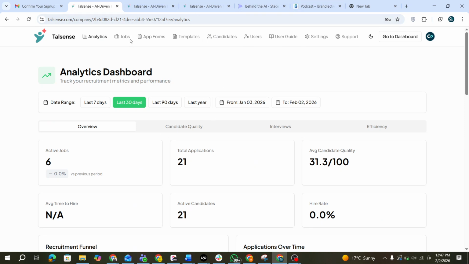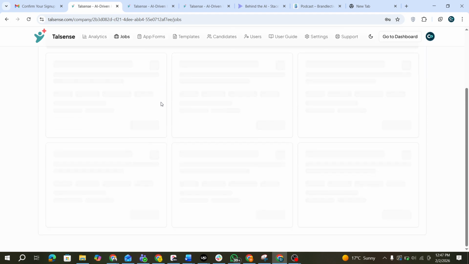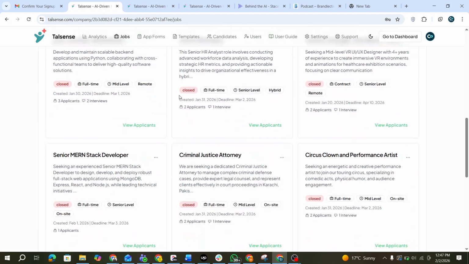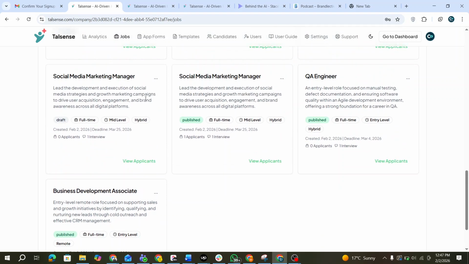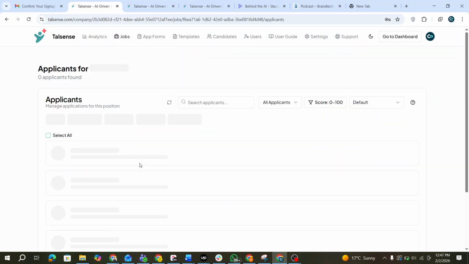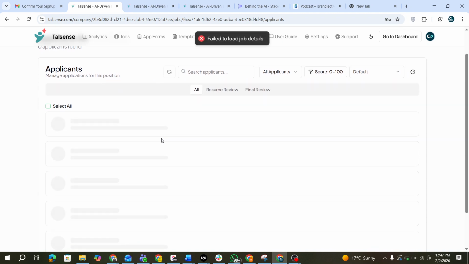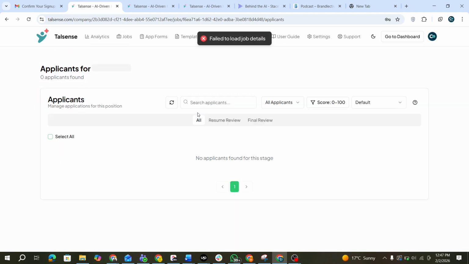In the job as well, you can see the whole pipeline that I created. So I can either move that candidate towards the next round, or I can finalize or send them a job offer, or rather